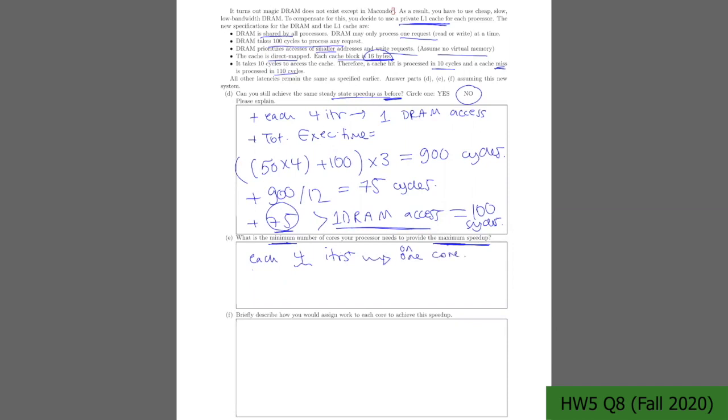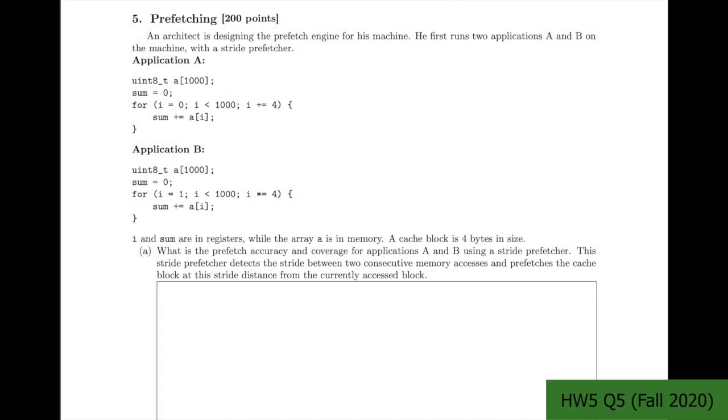So basically requests from I to I plus 3 should go to 1 core. Therefore, among these 12 iterations that we had, and these 4 iterations being divided in each core, overall, we need 3 cores. Okay, so part F, briefly describe how you would assign work to each core to achieve this speed up. So that will